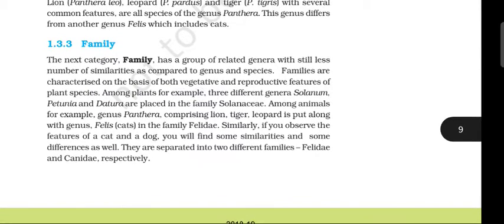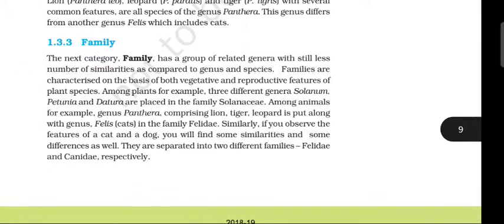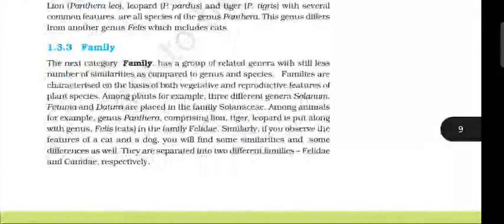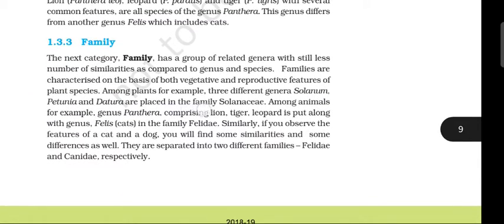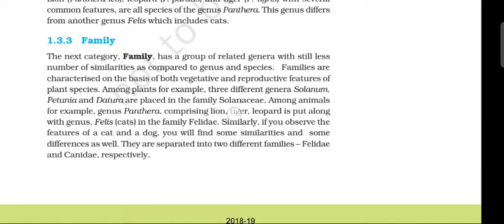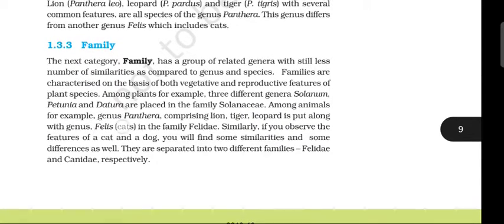Among plants, for example, three different genera, Solanum, Petunia, and Datura, are placed in the family Solanaceae. Among animals, for example, genus Panthera comprising lion, tiger, leopard is placed along with genus Felis, cat, in the family